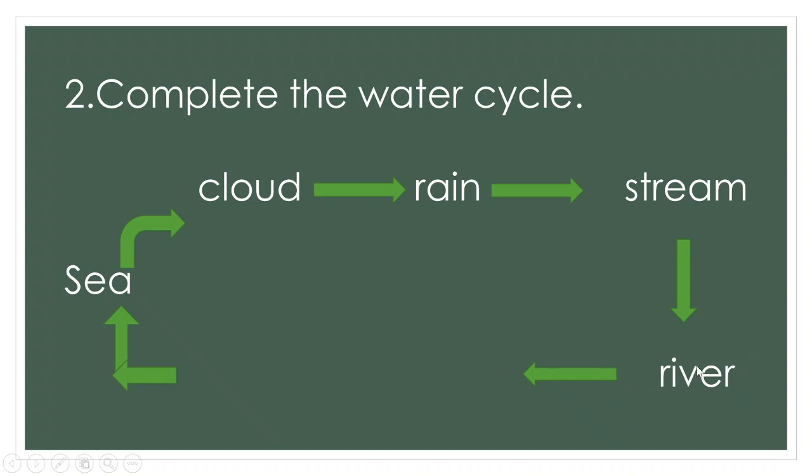River carries large amount of water to the sea. River carries large amount of water and the water flows to the sea. Sea is a larger water source than river and sea water is salty. After that, this cycle also continues by evaporating water, then forming cloud, from cloud to rain, rain to stream, and passing the